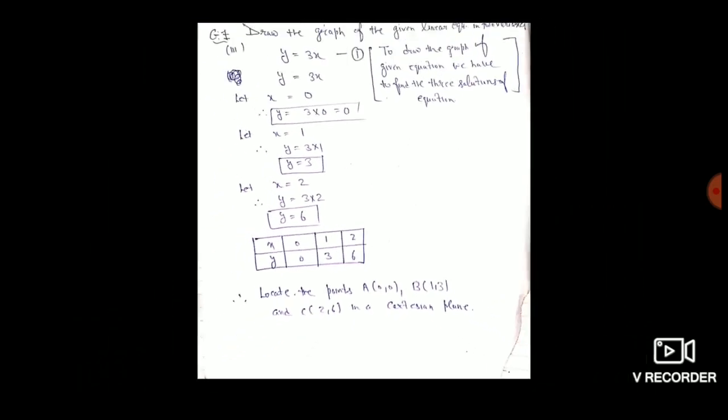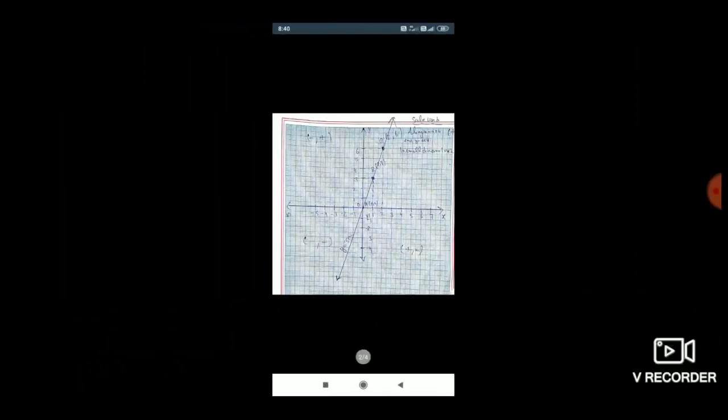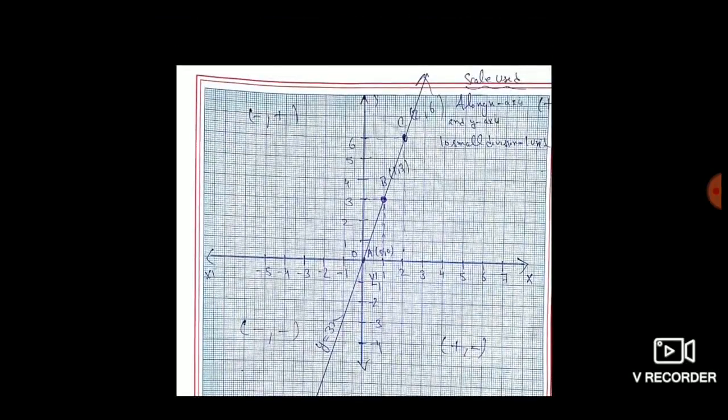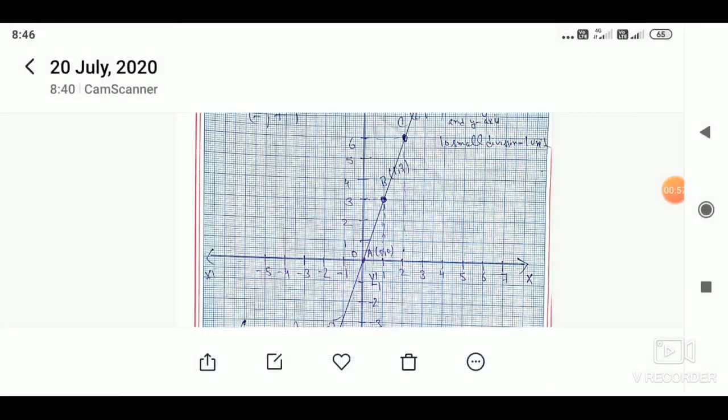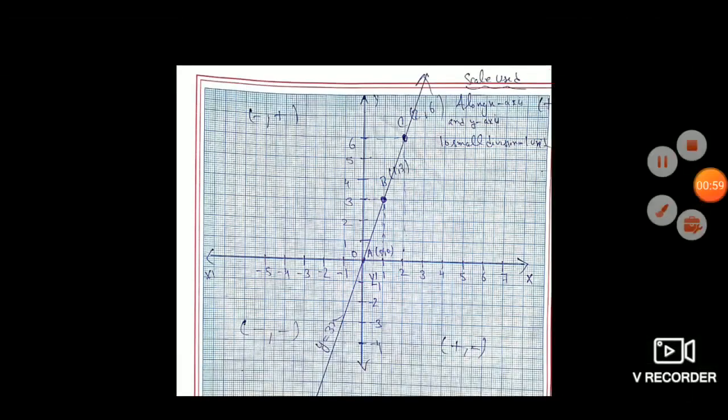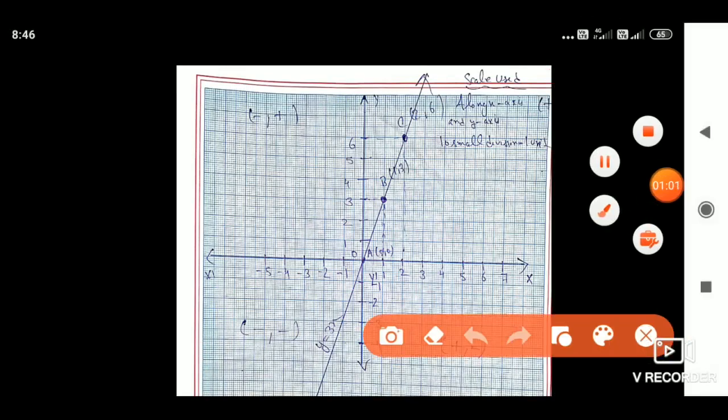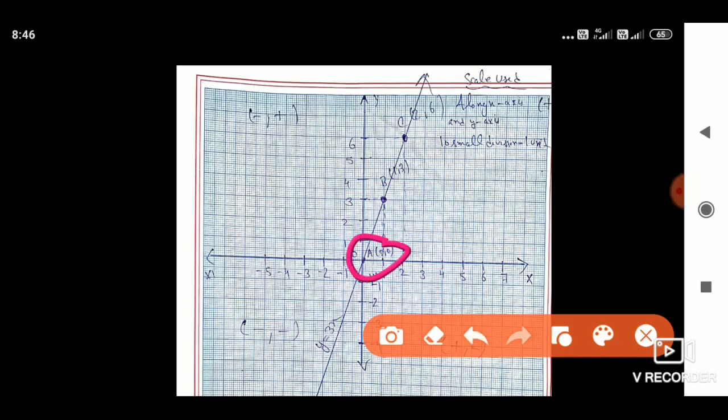To draw any point in the Cartesian plane, first of all draw the x-axis and y-axis in a Cartesian plane. We get the 4 quadrants. Now locate the position of the point in your Cartesian plane. So first point is 0, 0. Now A 0, 0 lies at the origin. So we represent A at the origin. Now second point is B 1, 3. Now both are positive. So point B lies in the first quadrant.